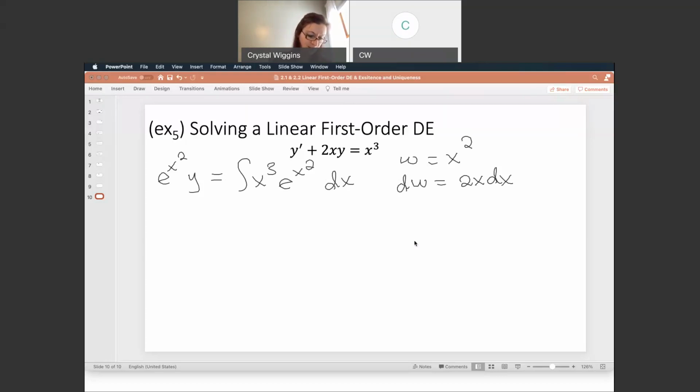So if I take a look at this x cubed, I hope we can all agree that this is equivalent to x times x squared. Laws of exponents, when you're multiplying the same bases, you add those exponents in order to get x cubed. So I can take one of these x's and put it where I need it for dw, and then I can input my 2 that I also need for dw by offsetting the outside of the integral with 1/2. So if I rewrite this, I now have e to the x squared y is equal to 1/2 integral of x squared e to the